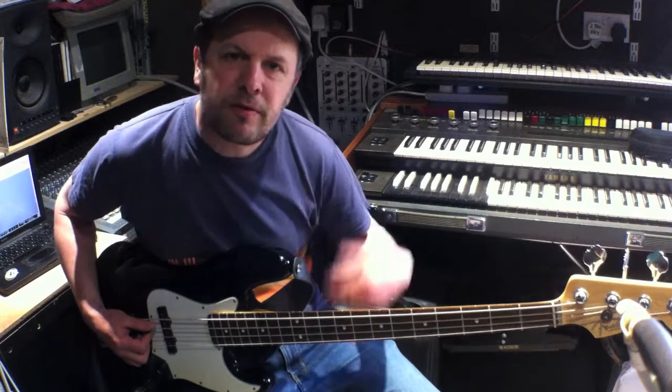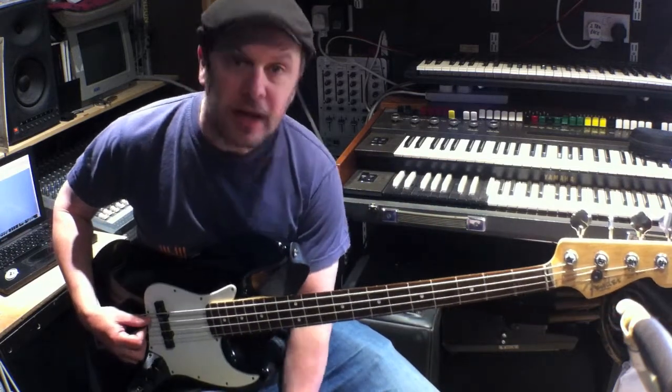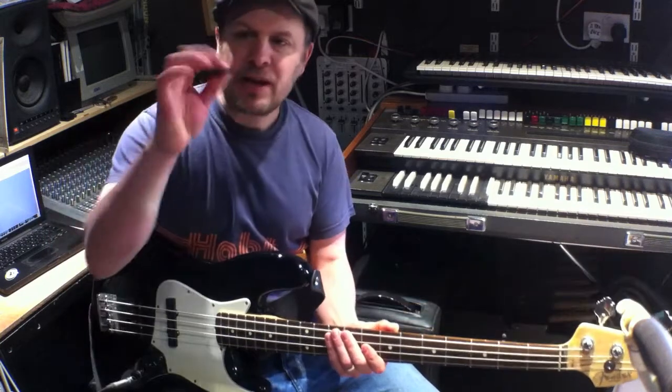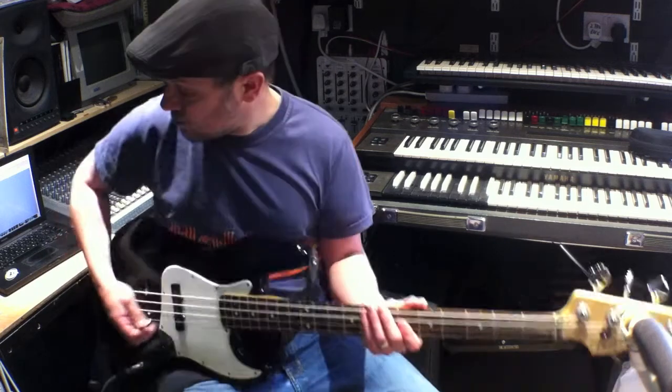So that is the bass line from George Baker's Little Green Bag of 1968, and it's an era where the plectrum made its sort of debut really with the bass. Hitherto it had just been fingers,